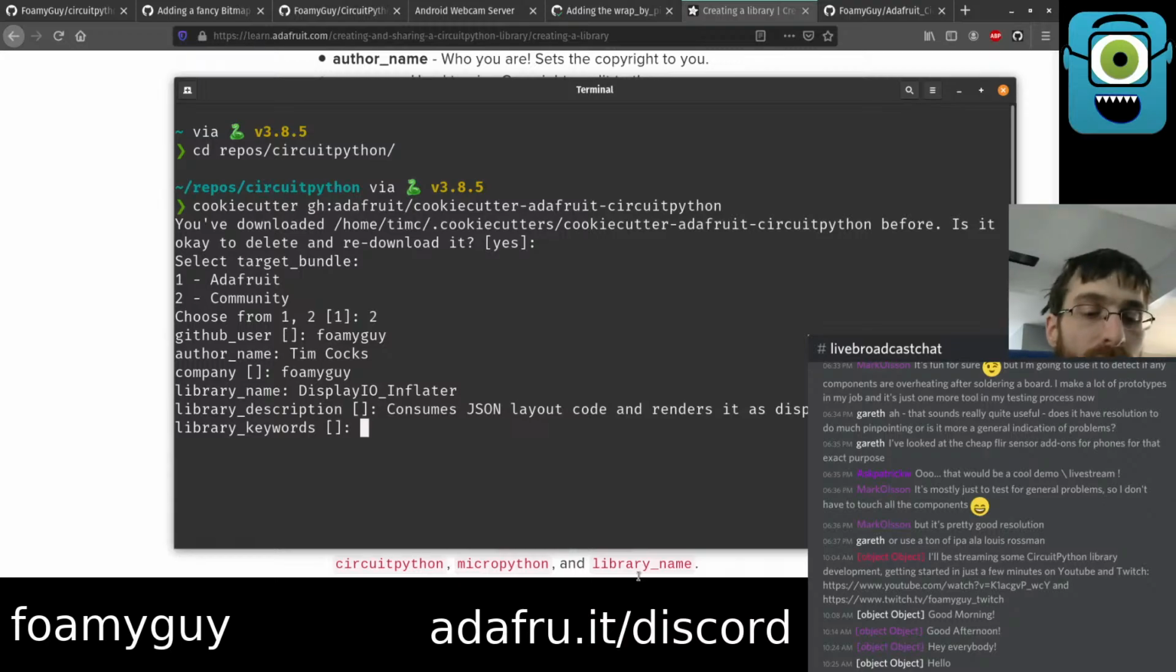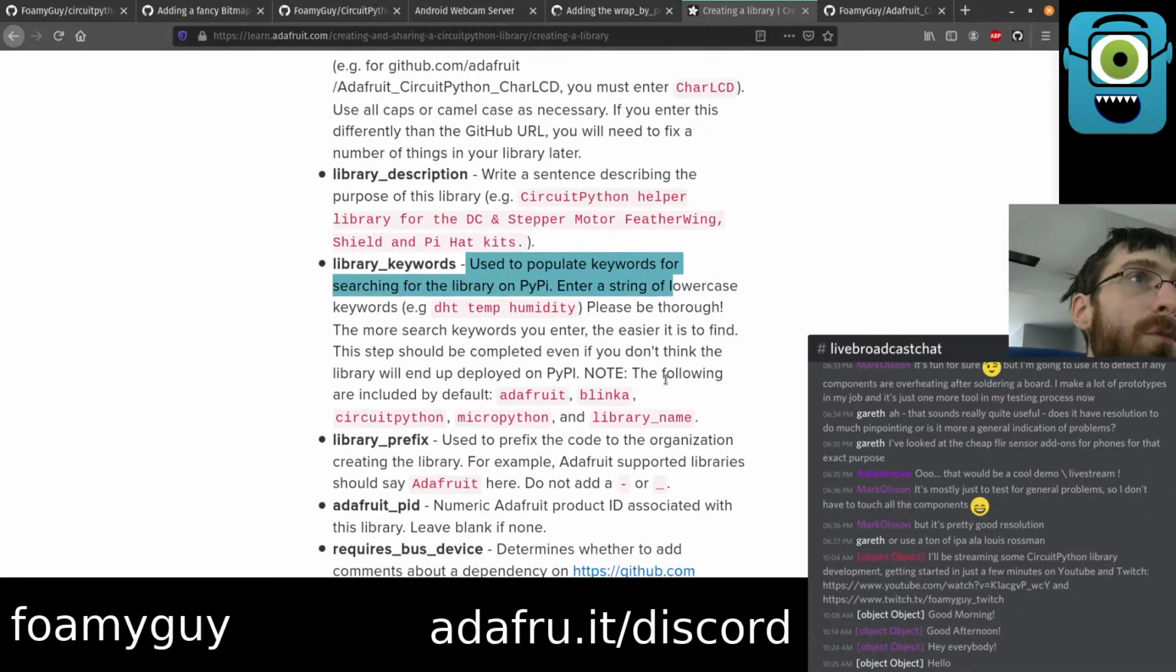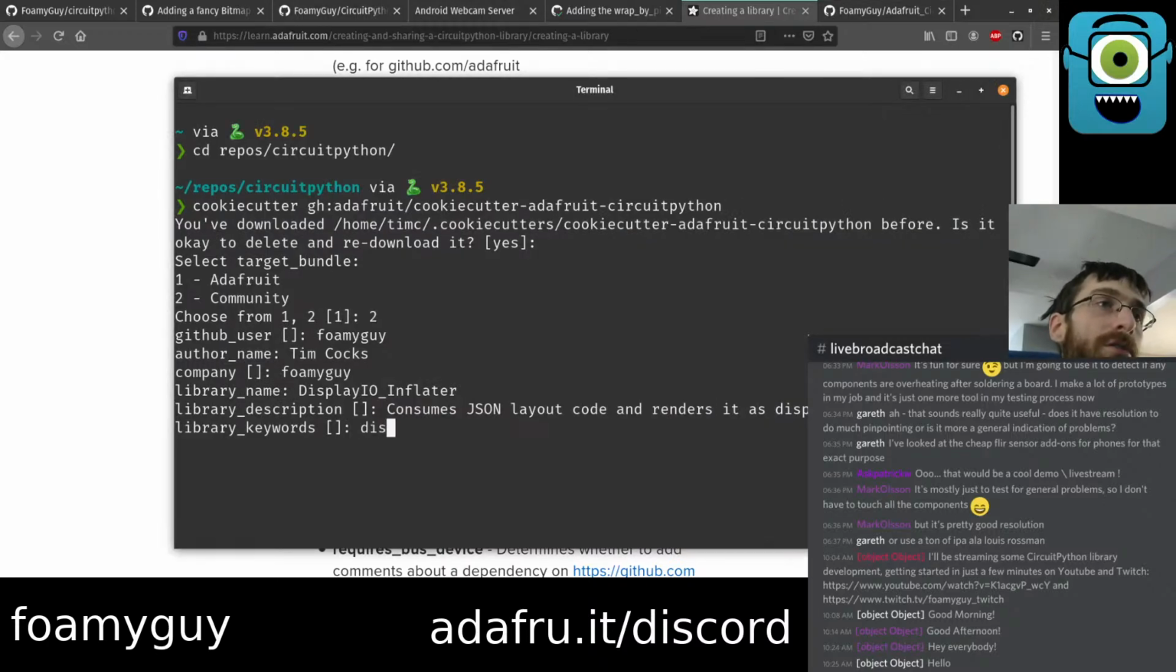The keywords, we'll add a few of them. Let's look in the Learn Guide at what it says about them. This is going to be the keywords for PyPI. I am eventually going to publish this to PyPI. I probably won't go through all of that process today on the stream, but I will get it done. It does include a few keywords automatically, like Adafruit, Blinka, CircuitPython, MicroPython. We will include a few more like display.io,